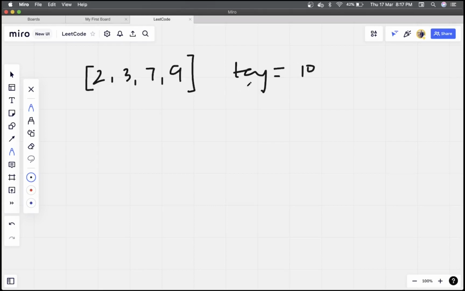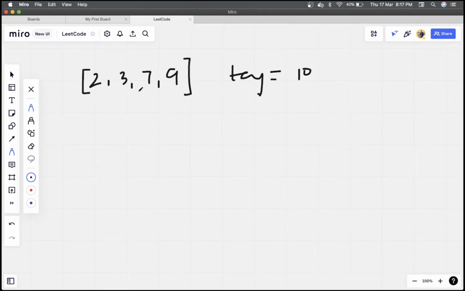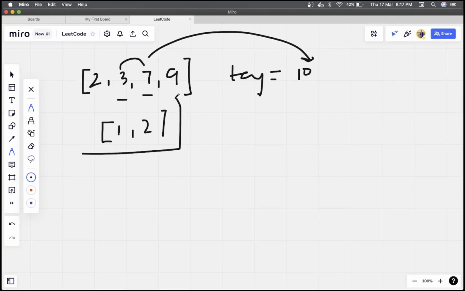So what is the answer we have? We have an answer of 1 and 2, because the value at the 1st index is 3, and the value at the 2nd index is 7, and if we sum the values at these indices, it should be equal to 10. So the answer will be this.